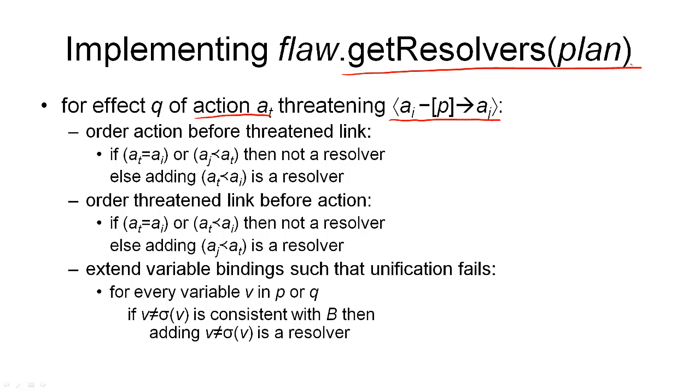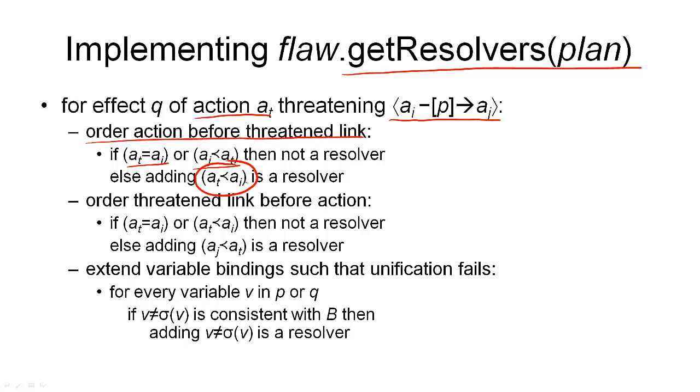So one way to remove this type of flaw is to simply order the action either before or after the causal link. And we can order the action before the threatened link under two conditions. The first one is that the threat must not be the provider, and the second is that it must not be already after the consumer. If neither of these two holds, then we can add an ordering AT before AI, and that is a resolver